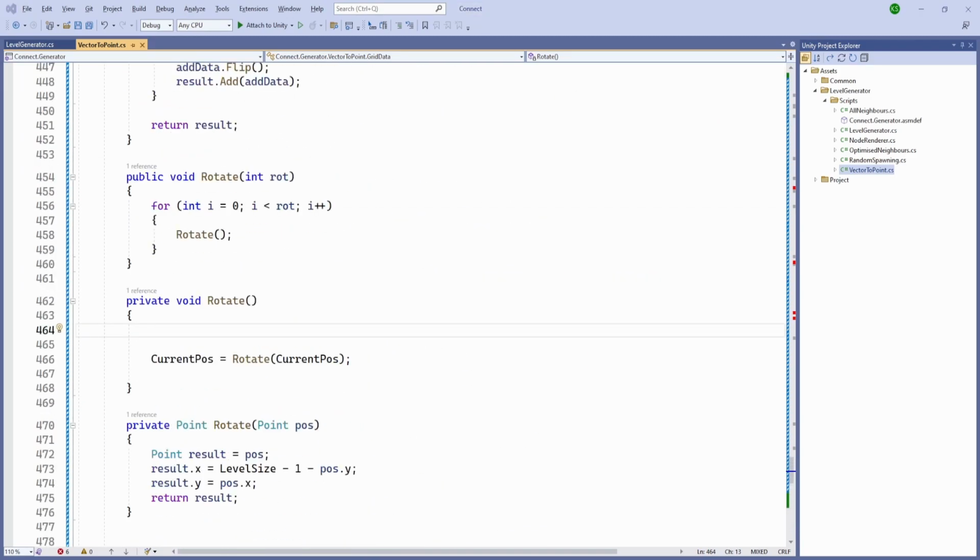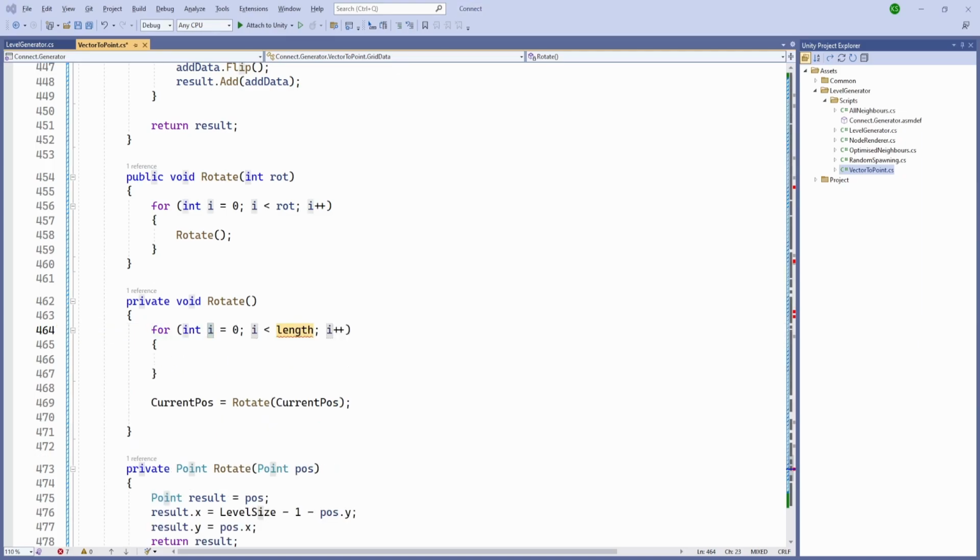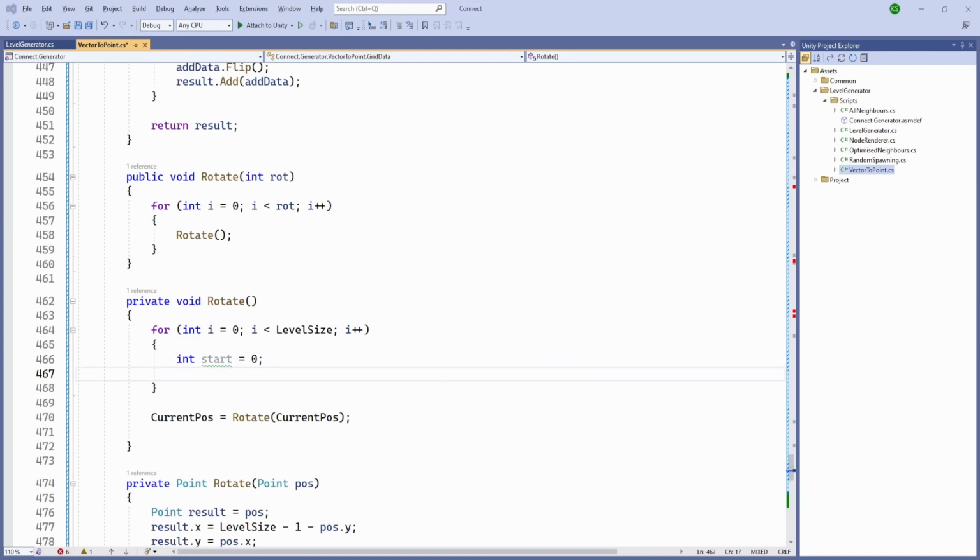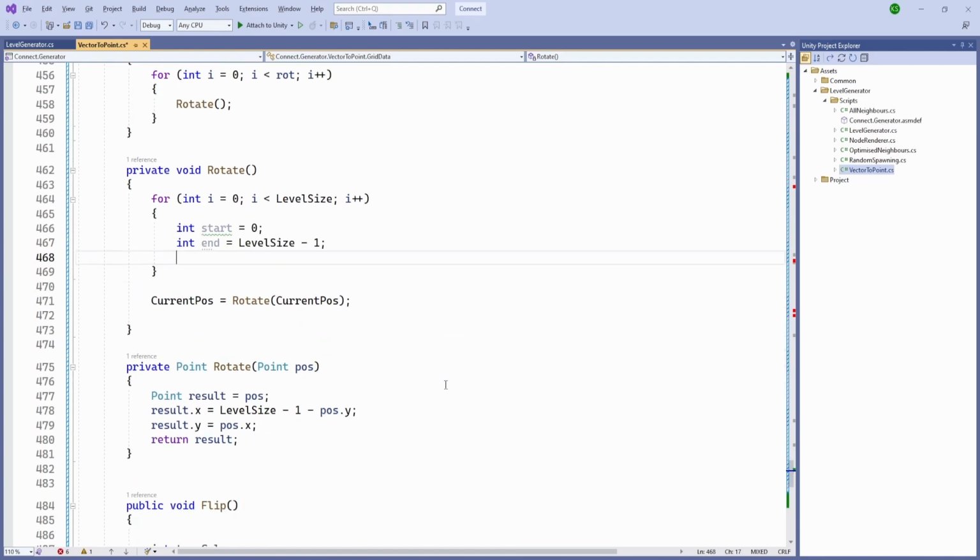We just need to set up our rotate. So for int i is equals to 0, i less than level size, i plus plus, and start is equals to 0, then int end is equals to level size -1